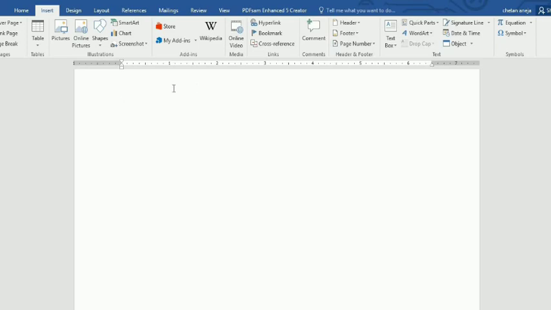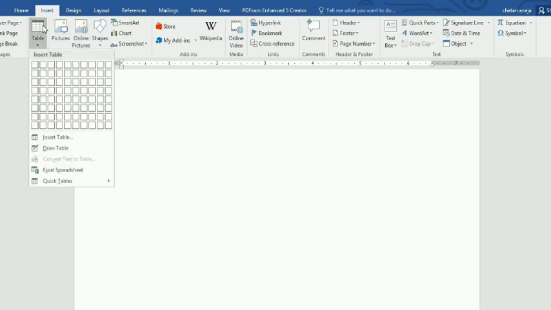To insert a table, first of all, let me clarify, insert means add. If you want to insert a table, that means you are going to add a table. So to add a table, we will go to the insert tab, and here you can see different options. We have table option, picture option, shape option, smart art, lots of options. If you want to add any of them, you just have to click there. So to add a table, we will simply click on the table.